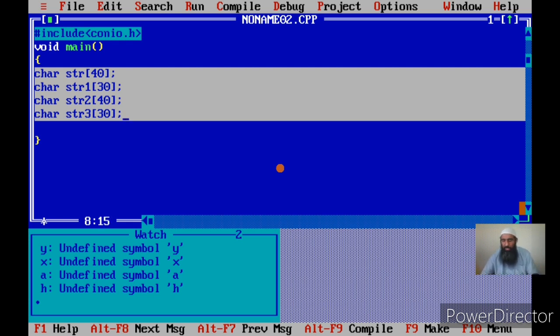Now I will be explaining these. The first character array has got 40 elements, each of type character. The name of the first element is str[0] and the name of the last element is str[39].